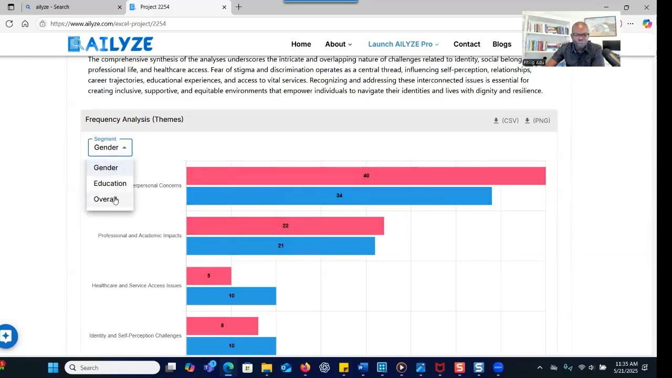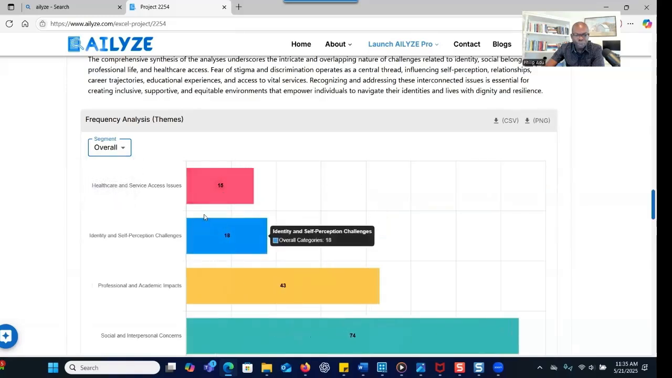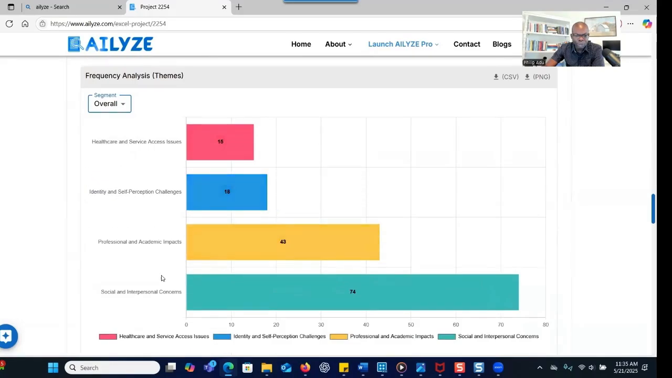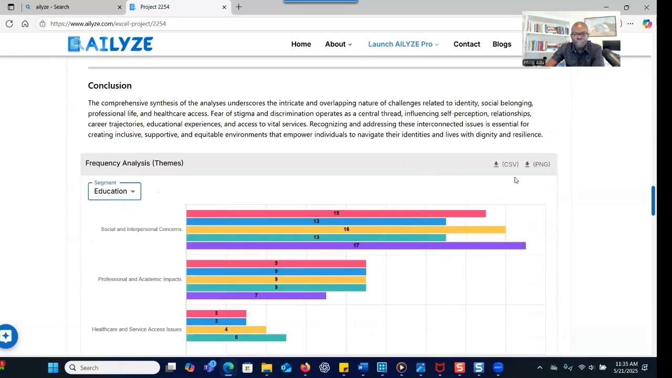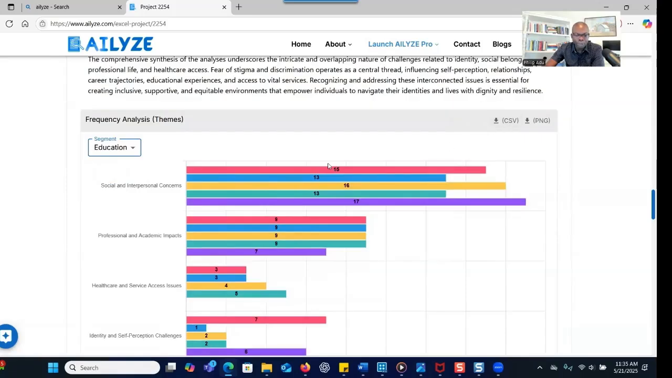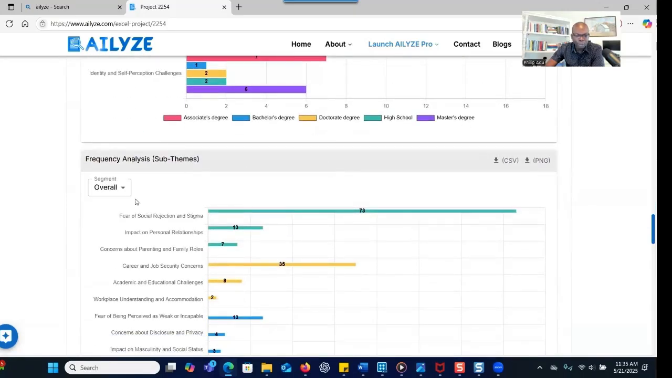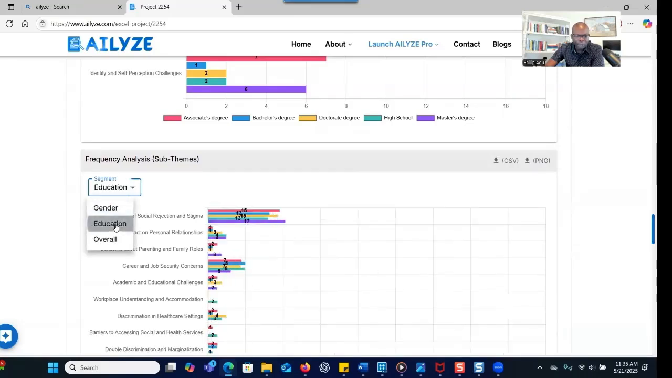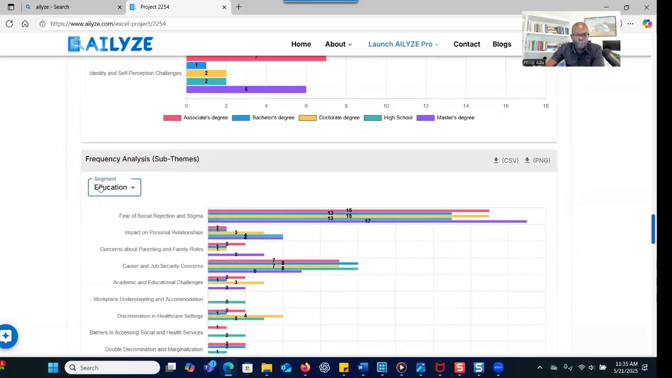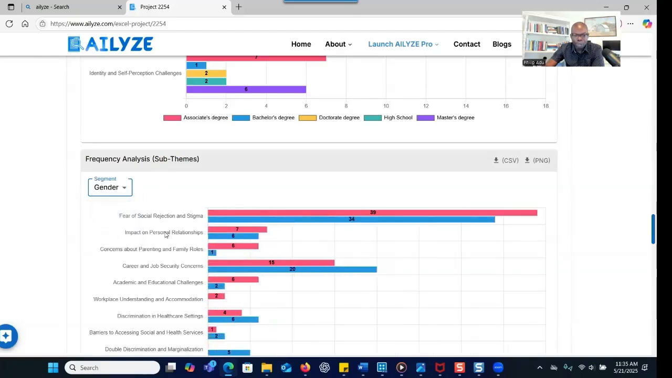So as you can see here, if you want to know the overall without any groupings, you can choose this one to see the number of participants for each of the themes. If you want to see education, it can also provide that information for you. And you can download it if you want to as PNG. And also you can download an Excel spreadsheet, right? So this one is for the sub-themes, the same thing, overall, and then gender, and then education. So as I said, when we were about to set up the analysis, there's a place called segment, and we put gender